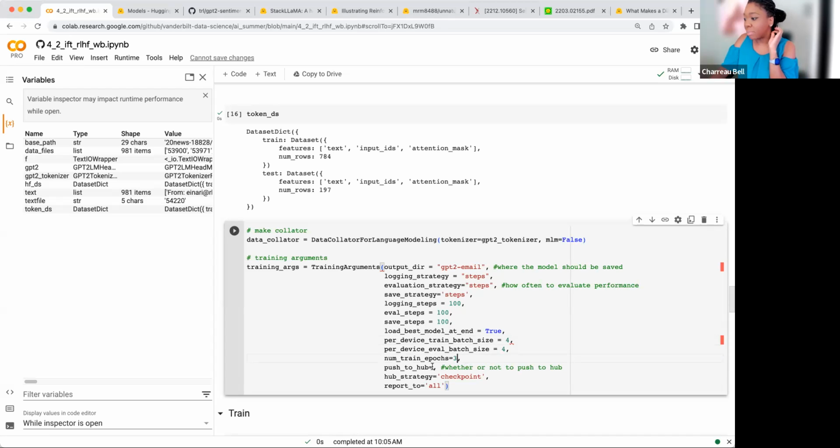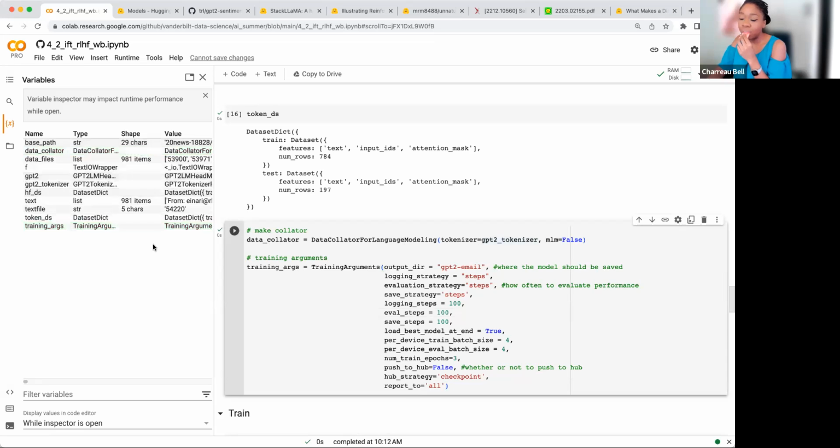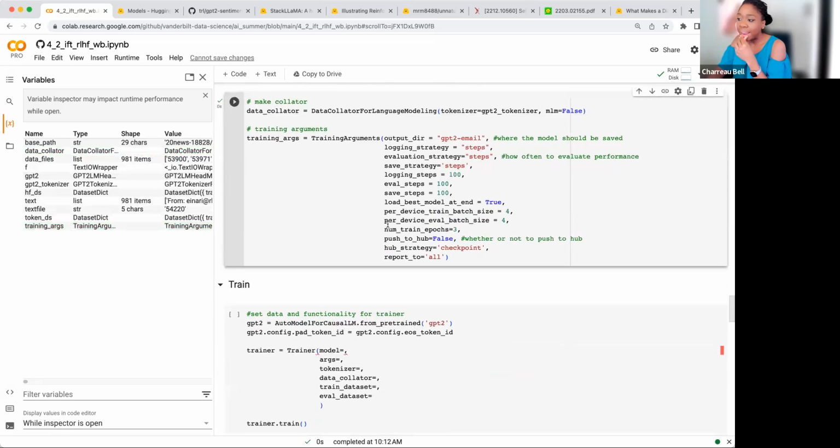And then we're not going to push to hub. You can see that before I didn't have any logging in, no API token, nobody's pushing to hub. And so this is actually moot, but I just left it there. And report to just means how we're going to save the runs of the model. So let's run this one. Exciting, wonderful. And then let's go ahead and train.